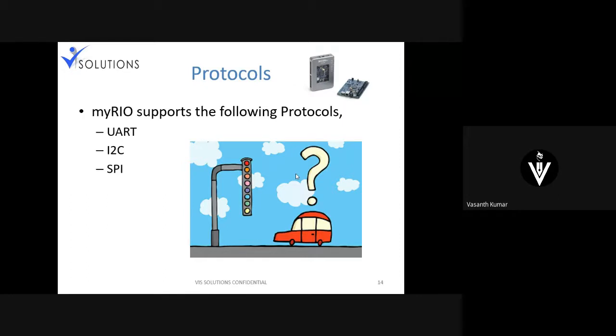Unless you use these, it's a simple communication protocol where you can directly connect your device. Your device is nothing but the peripheral, the sensor. Sensors we call peripherals, because they connect to your myRIO. So your myRIO gets connected to your peripheral with simple protocols like UART, I2C, SPI.